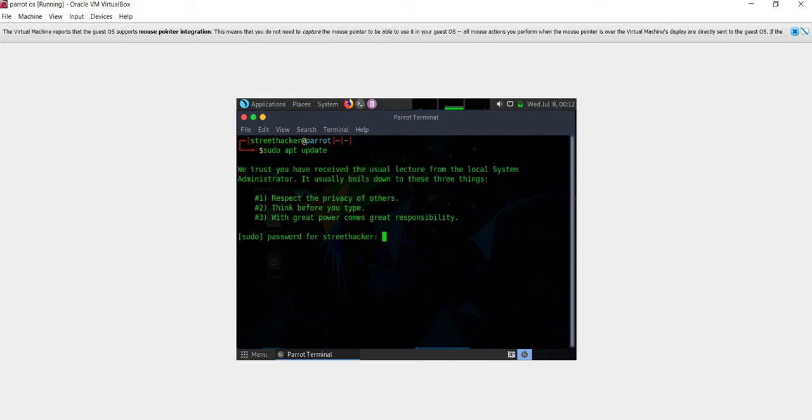It is asking for a password, you have to give the password, enter.